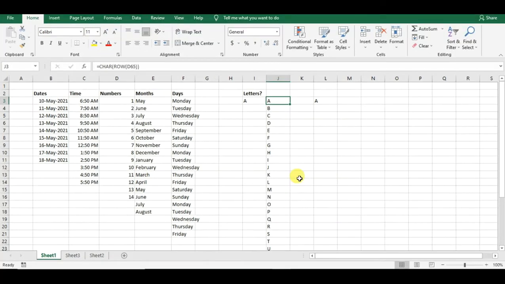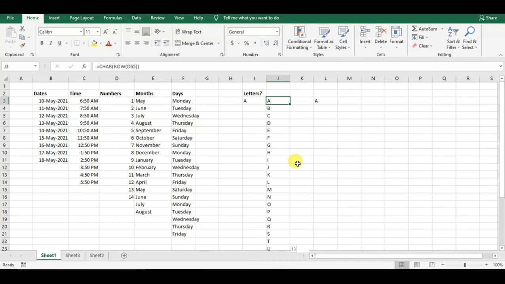Okay, now let us understand how we can create this autofill custom list, so that we can drag from A and it will get filled automatically instead of writing formulas. Right now the formula is written, so we have to convert it into letters.